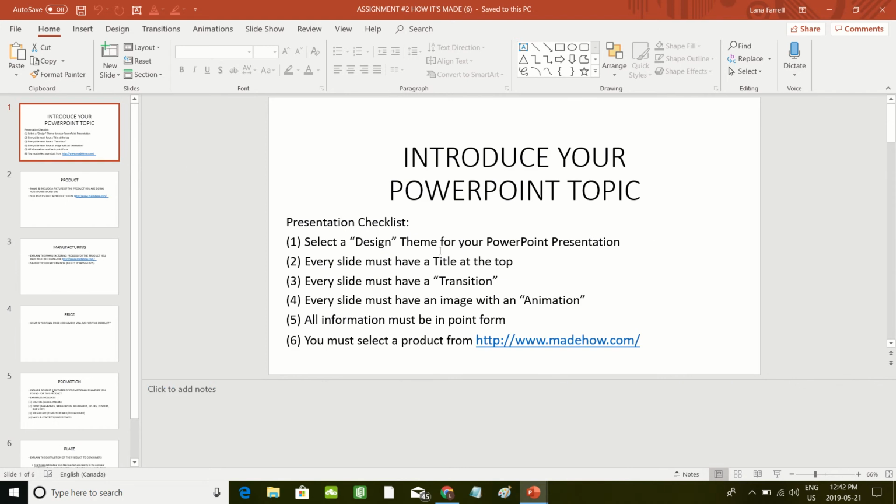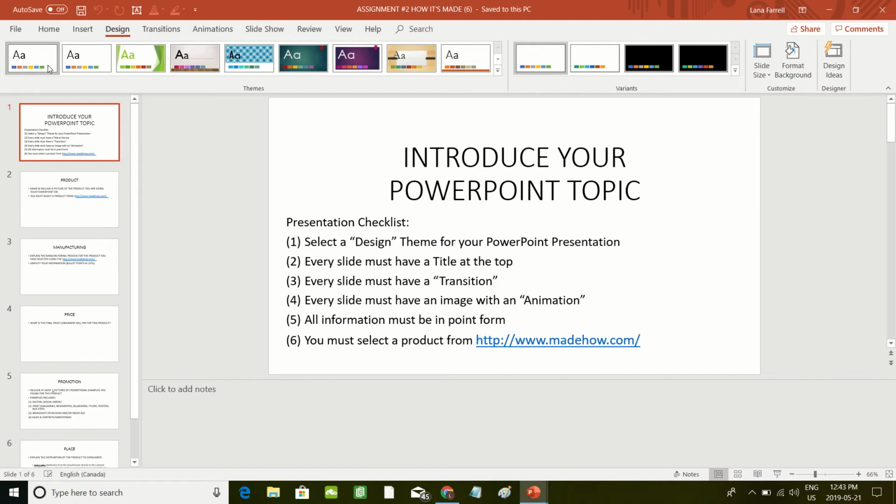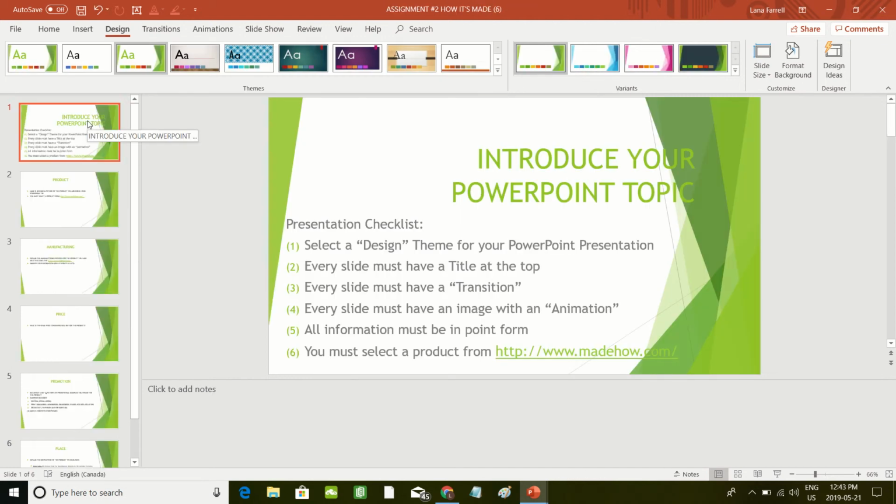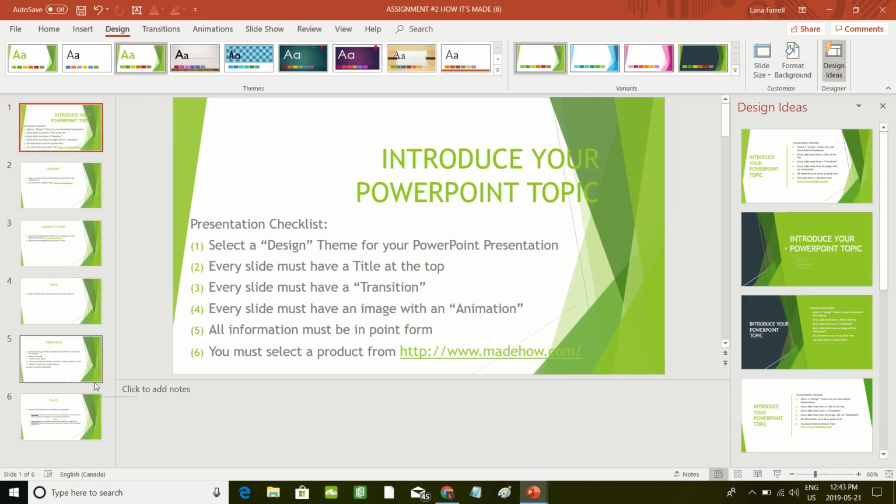Returning to our first slide, I want to explain the different elements of PowerPoint, such as design, transitions, and animations. So for a design, you're going to go up to the Design tab, and there's all these different options here for you to select. Once you select a design you like, it will change so that there is a theme